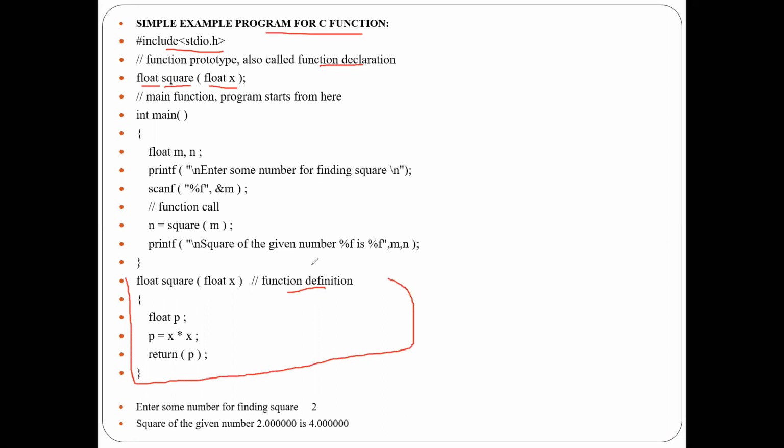The definition of the function is enclosed within curly braces, which has been defined outside the main function. That is, we are going to declare the method called square. Within that square, the calling value will be squared and stored into P, and this will be returned back to where it is being stored. And we are going to call the function, that is the third one. That called method's value will be stored into N and printed here.